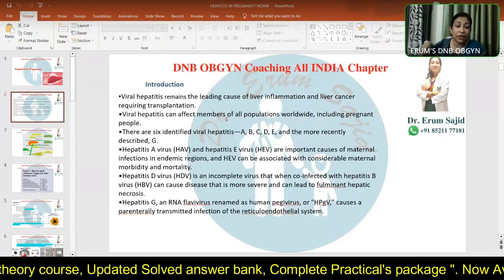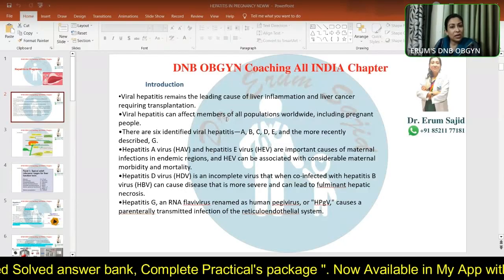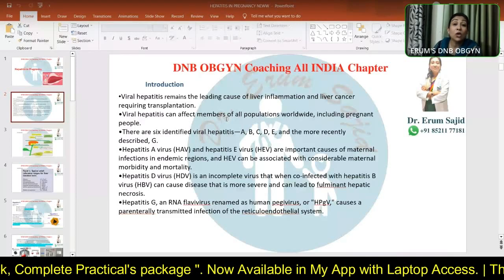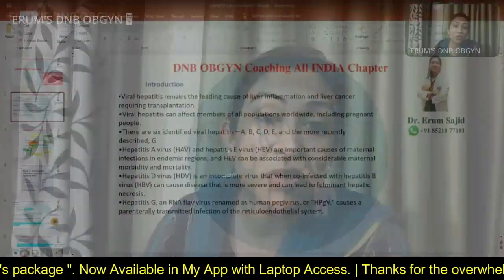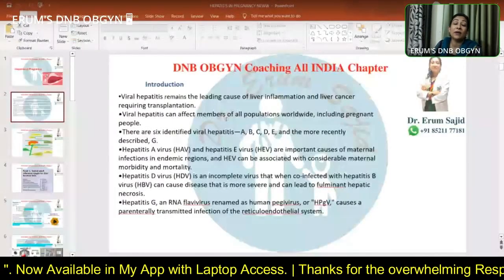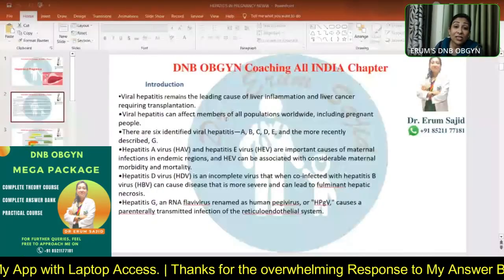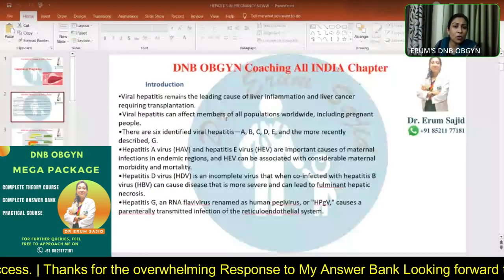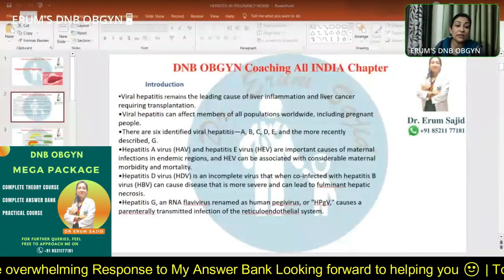That has also happened. So it was a very gloomy place to be in, because just imagine we were sitting at the most developed tertiary center, known for liver transplantation. And what more do you want for a patient with fulminant hepatic disease, I would say, than liver transplantation, and still we couldn't save the patient. So this is really a big mortality associated with hepatitis E, and a very disturbing one.